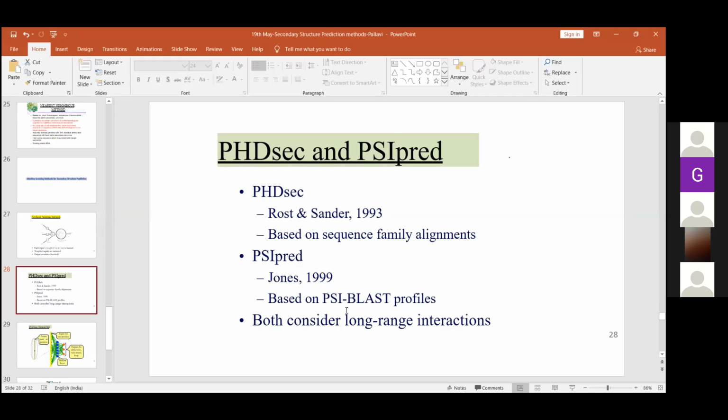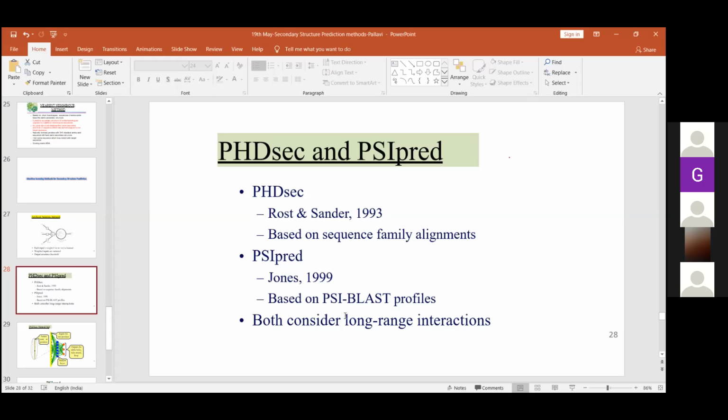Sometimes it happens that by running normal BLAST like BLASTP, we don't get the homologs. So we have to go for a next iteration round. So PSI-BLAST does 4 to 5 iterations again and again. It makes a specific profile based on the position of each sequence, and it does a second iteration, third iteration, multiple rounds of BLAST iterations to find the distant homologs. So when you have to predict the secondary structure of an unknown protein and you are not able to find the near homolog by near neighbor method or ANN, then you go for the PSI-BLAST profile.